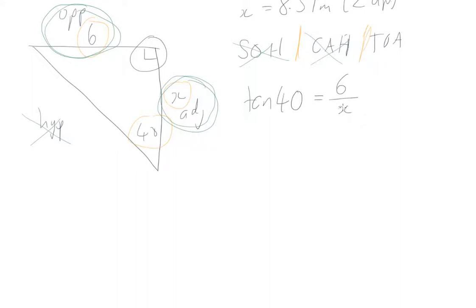Our standard trick here, unknown on the bottom, tan 40 here, the old switcheroo. Those two get swapped out. X then becomes 6 on tan 40. Okay, 6 on tan 40, put that into the calculator. 6 divided by tan 40 will get us x being